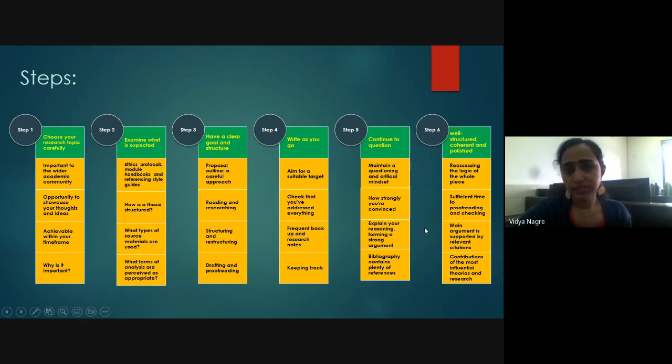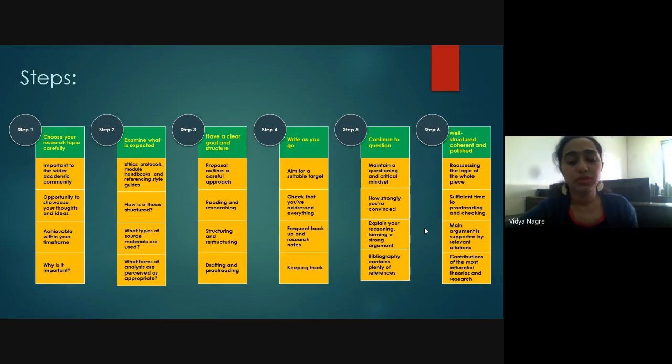You always have to be sure about your own conviction. How strongly are you convinced about your own statement, about your own arguments, about your own conclusions? You always have to keep asking. Explain your reasoning by forming a very strong argument. Always make sure to mention every reference under the bibliography, and use plenty of references. Give proper citations. Now, the next step is that a well structured, coherent, and very well polished product should be your ultimate product